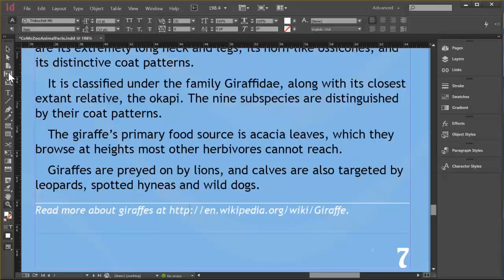And we can see that the word hyenas is misspelled. So we could change it right here. That's the easy thing to do. But then it's not up to date with the other document. So let's go ahead and open the Word document and make the change there, and I'll show you what happens